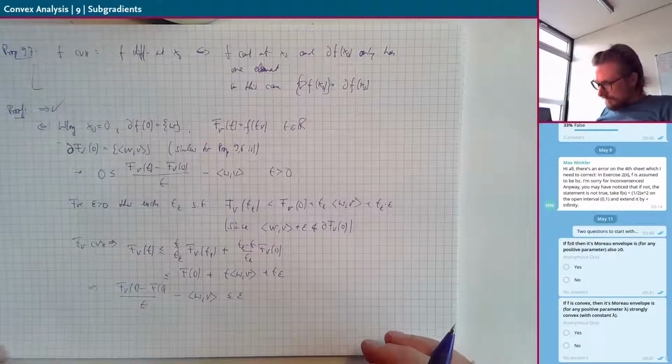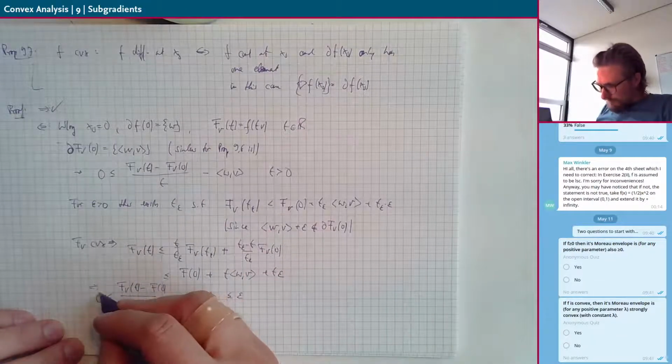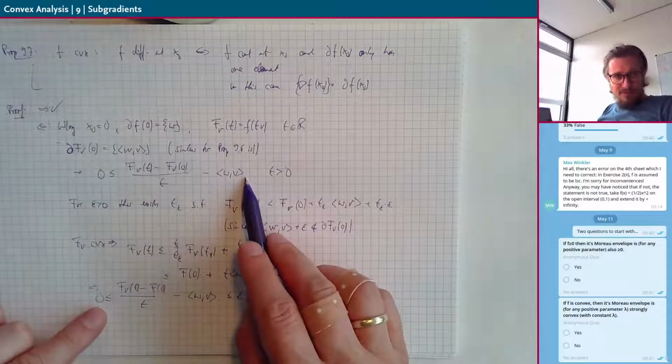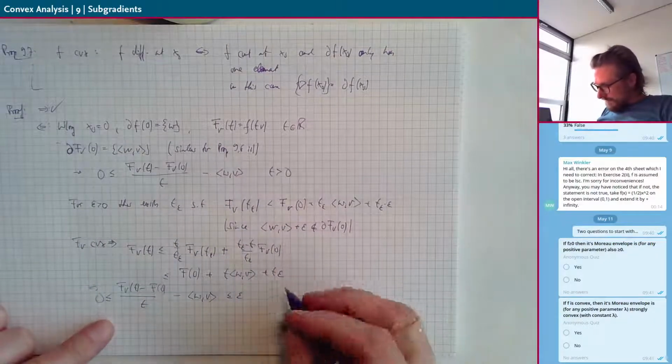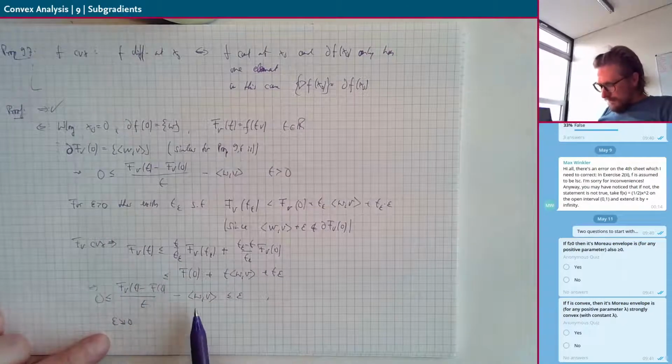Okay, and from here we already have the lower bound, right? This lower bound we already saw, and so now if we let epsilon go to 0, you see that these